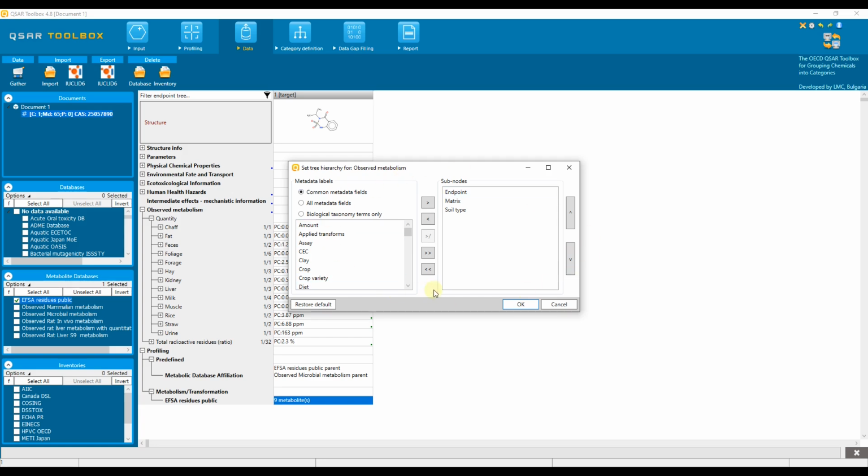from the menu. A new dialog appears with two general sections. On the right are the default data fields for building the endpoint tree for observed metabolism. All the rest of the metadata fields associated with observed metabolism are on the left. We can modify the hierarchy. Let's remove the soil type field and add two new fields, test organism and experimental system. To remove a field, select it in the right section and then select the arrow pointing left, and the field disappears